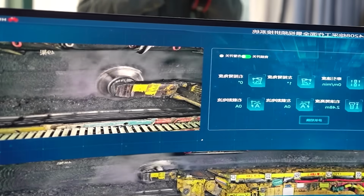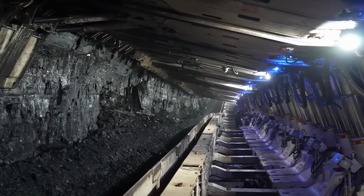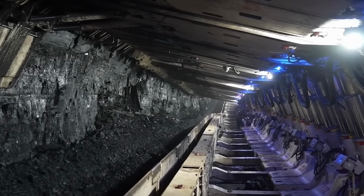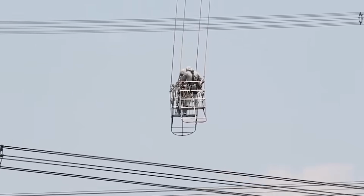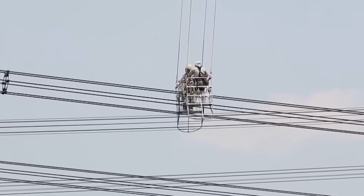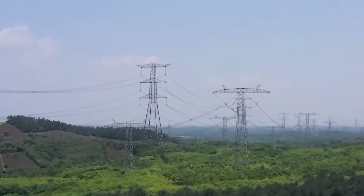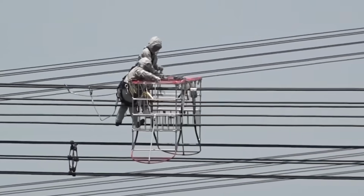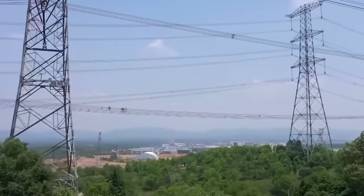Let's see if this will actually help the Jiangsu province reduce its reliance on fossil fuels. But it seems like the companies managing the pumped storage power station are serious about it. As you can imagine, the generated energy can't just be used without proper infrastructure. That's why, specifically for the Zhurong Pumped Storage Power Station, 13 miles of power lines were laid and 53 iron